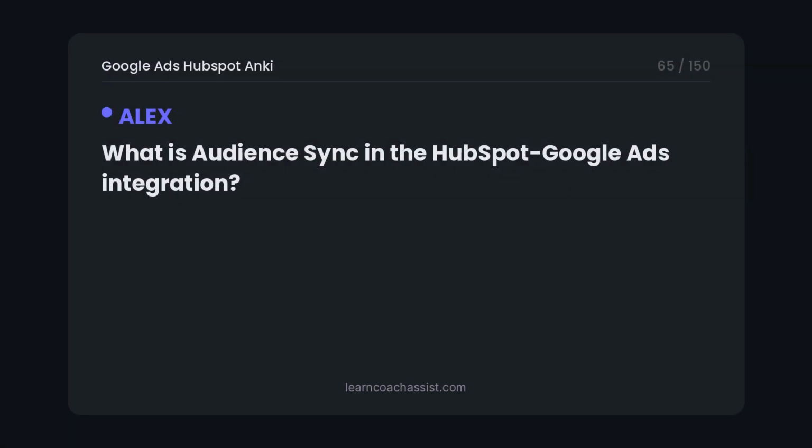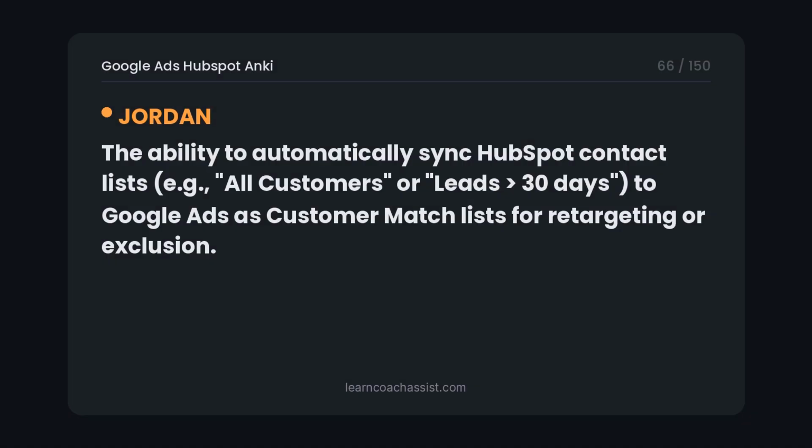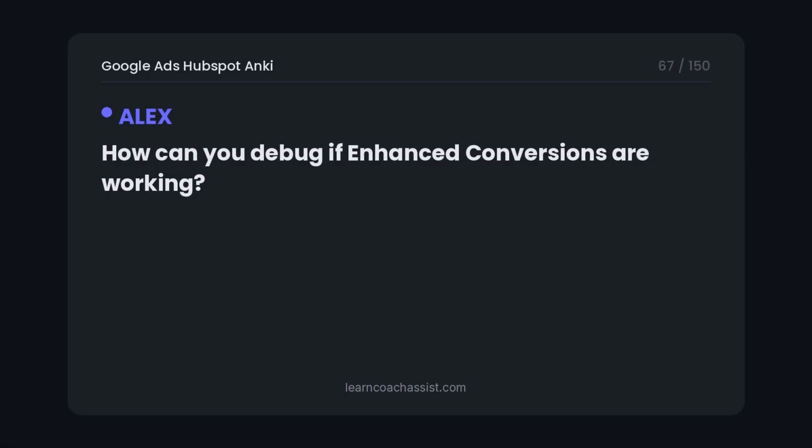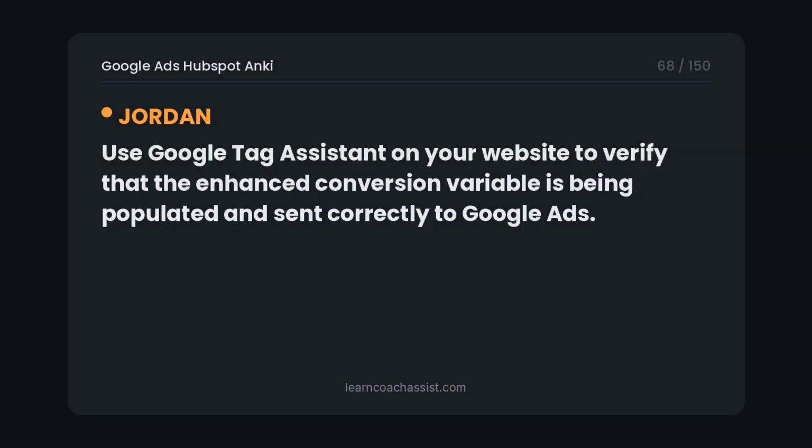What is audience sync in the HubSpot Google Ads integration? The ability to automatically sync HubSpot contact lists, e.g., all customers or leads greater than 30 days, to Google Ads as customer match lists for retargeting or exclusion. How can you debug if enhanced conversions are working? Use Google Tag Assistant on your website to verify that the enhanced conversion variable is being populated and sent correctly